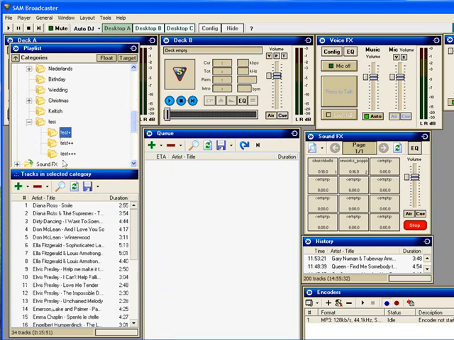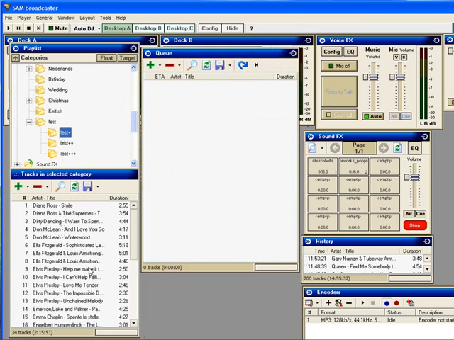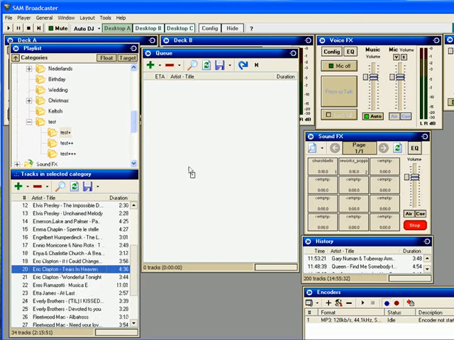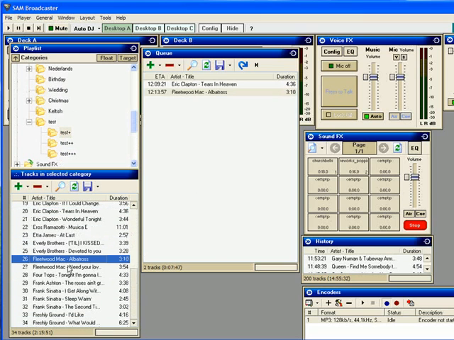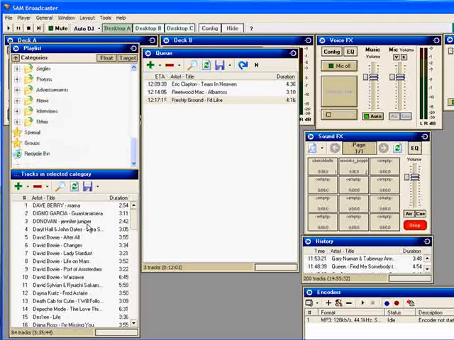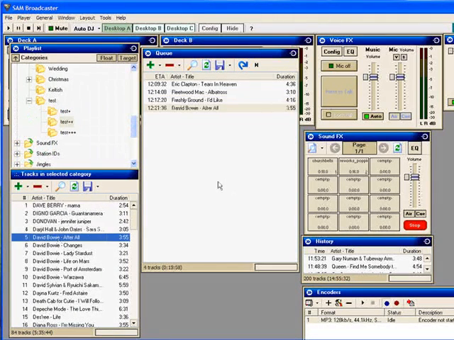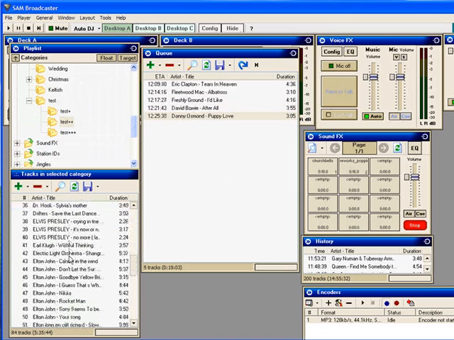No, I do it like this, and I use the queue window. I use the queue window when I prepare my playlist for today's show. I'll do it like this. I say, well, I want Eric Clapton, Tears in Heaven, and the next one is, well, I want Albatross to play, and I want Freshly Ground to play, and well, I want a bit faster song like David Bowie, After All,